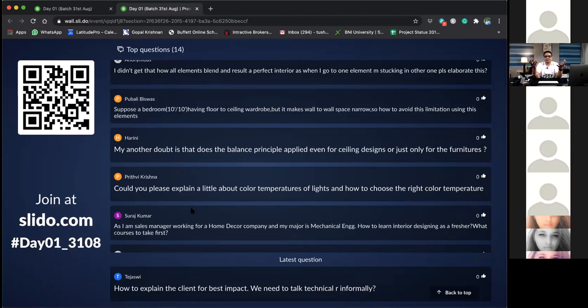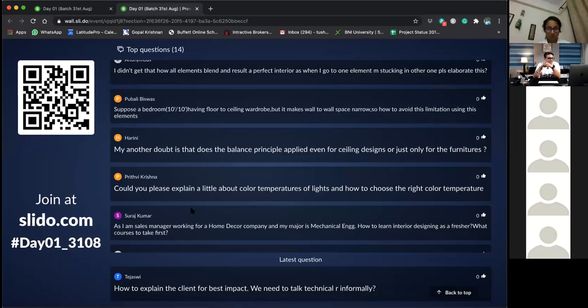Then it becomes asymmetric. Then you have to see how that asymmetric design is going to look, and based on that, you can go ahead and use it. But yes, you have to apply the principle. And even if you don't apply the principles knowingly, whatever you do will definitely fall under one of the principles, I'm very sure of that.